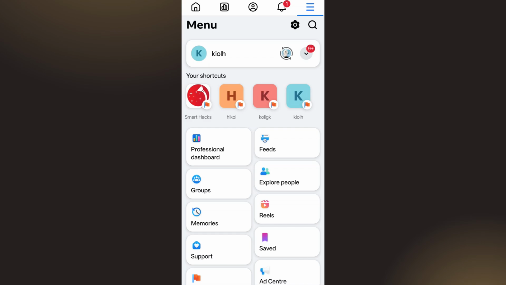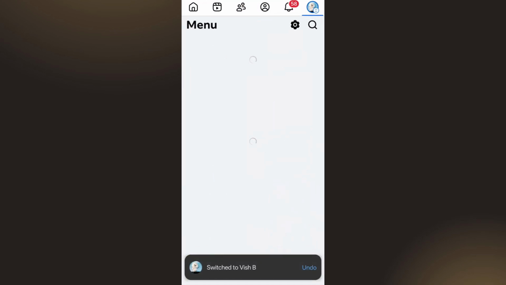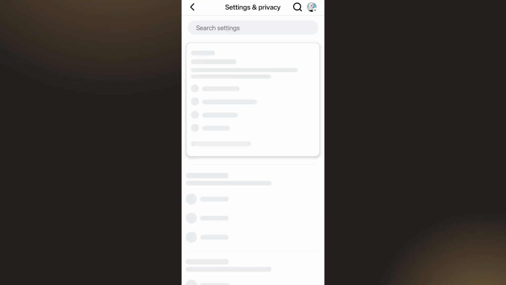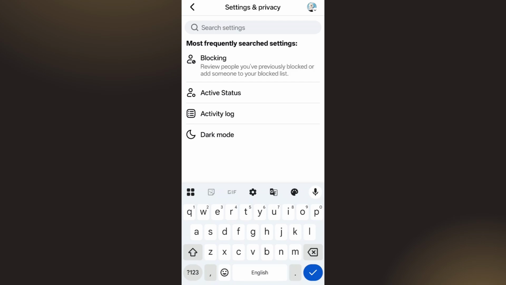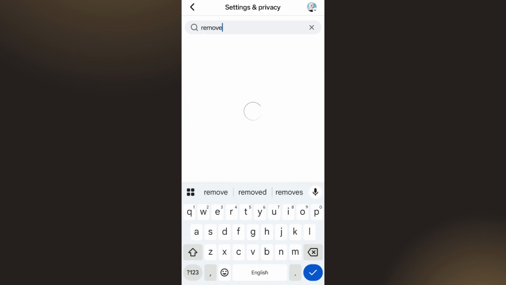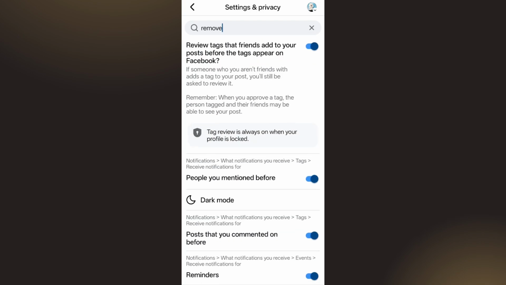So once you search for the option of remove, you are going to see the option of removing your page. You can also switch to your profile view, then tap on the three lines in the top right hand corner again, then go to the settings of your account again and try to find the option of remove again. So over here, if you are able to find the option of remove page, simply select that and tap on